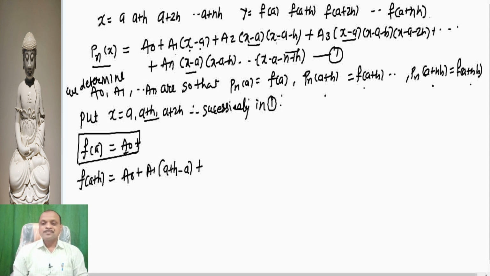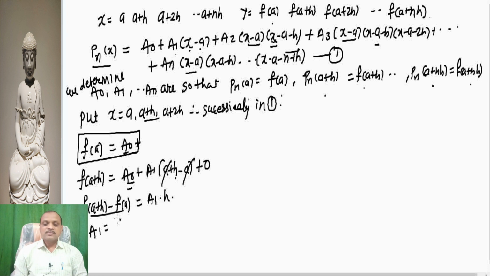Again you can see that whenever we put x equal to a plus h, a and h get cancelled and this will be 0. So everywhere x minus a minus h is a factor, all other remaining terms will vanish. This is equal to a1 into h, so all other terms are 0, and a0 is nothing but f of a, so we write this as f of a plus h minus f of a equal to a1 into h, or a1 equal to,